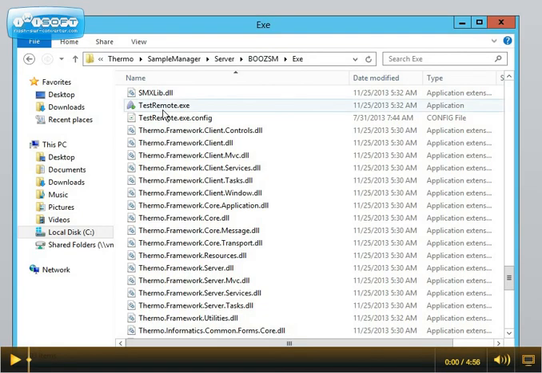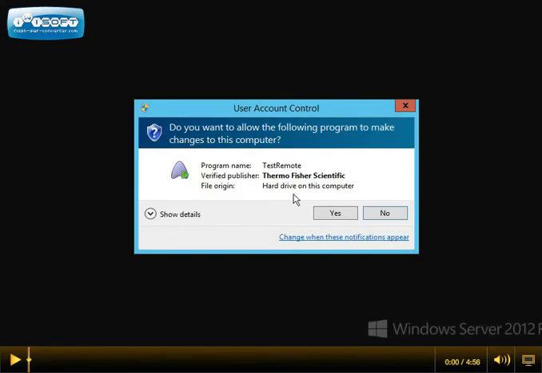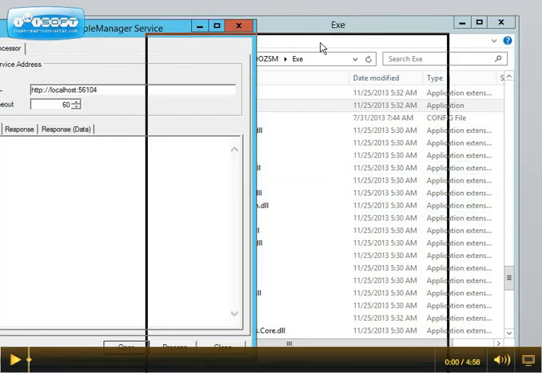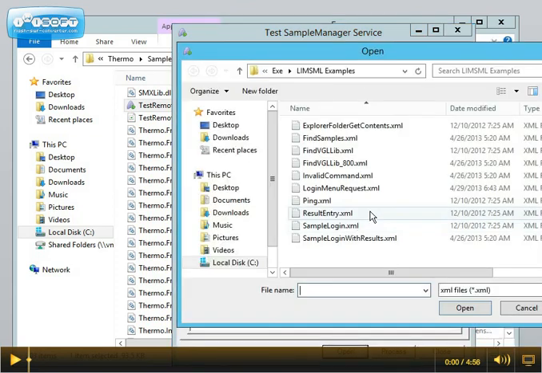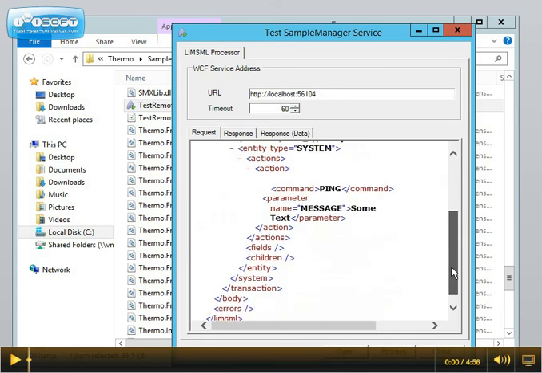The first tool is testremote.exe. You have to log in locally to the system, and when you launch Test Remote, it pulls up this tool. One thing you can do is open up a LIMS-ML file. SampleManager uses specially crafted XML files specific to SampleManager, and I've opened one up here. It's just a little ping test, crafted with the LIMS-ML